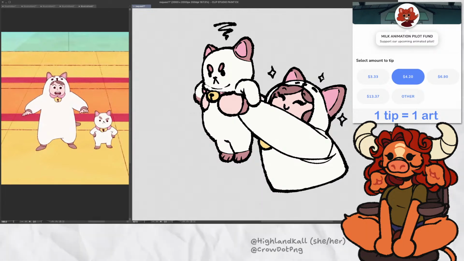Oh, shit. That part overlapped. And let's give this one the bell line too here. There we go. Because this one's pretty simple, I'm just going to make sure I don't put any color on the top layer.